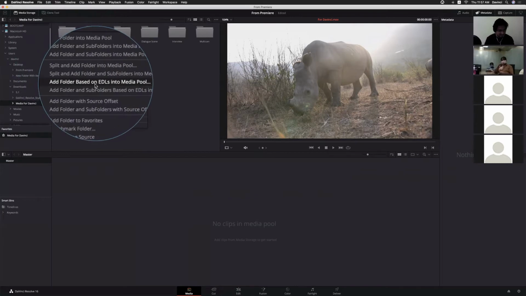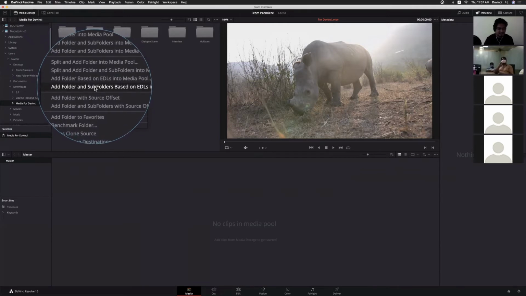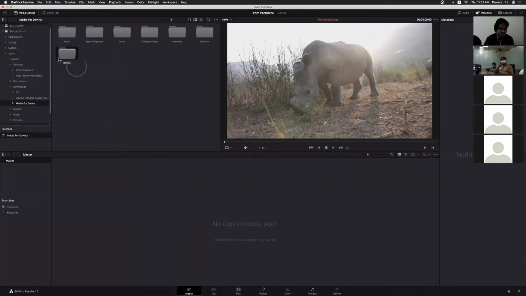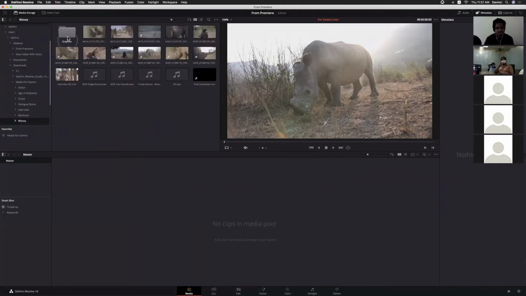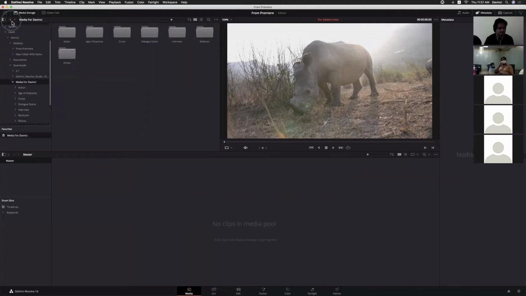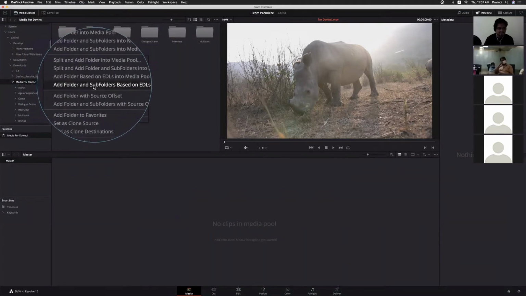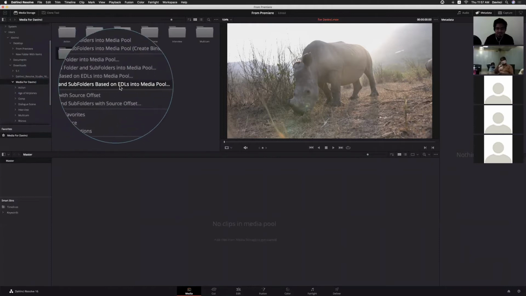You can see add folder based on EDLs, and if you have subfolders also, you need to select the option add folder and subfolder based on EDLs. Let me check, do we have any subfolder? Yes, we do. Then right click and select add folder and subfolder based on EDLs into media pool.